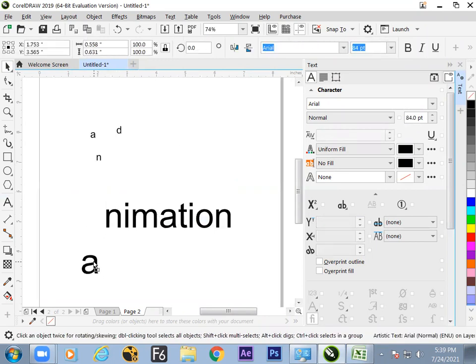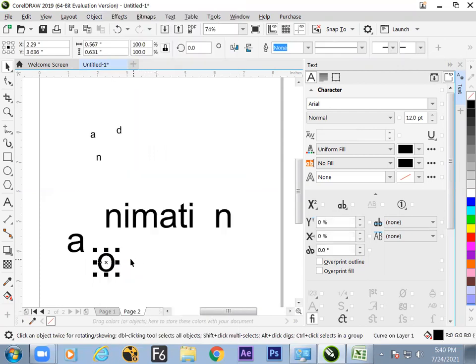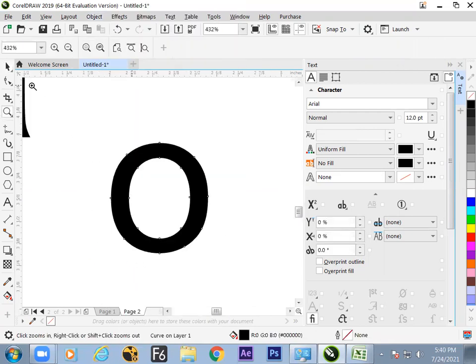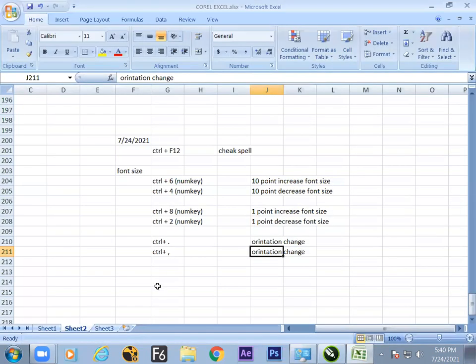If the text is again a closed shape like O, A, things like that, then there are 2 circles. Now again you need to go for Control K once more, like Control Q. This is convert to curves. So convert to curves makes the text go into editable mode. So here it is no more text, it is outline. We can also drag it out. So hope we have understood now.